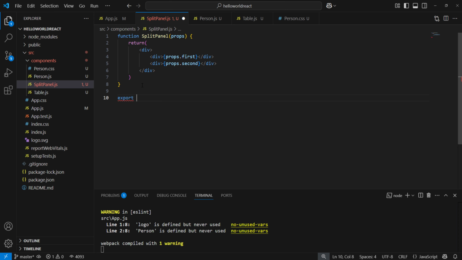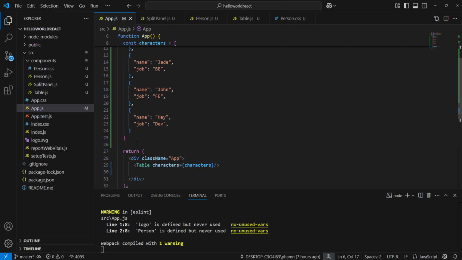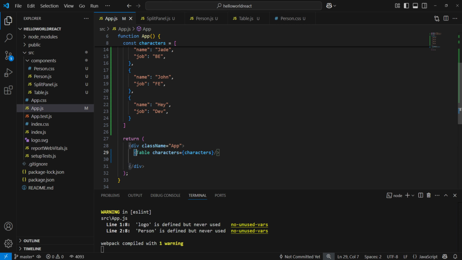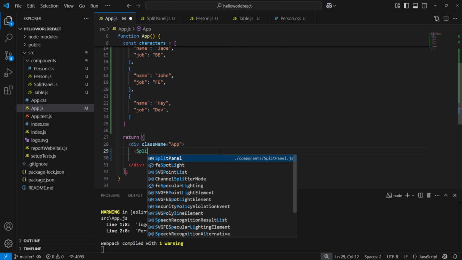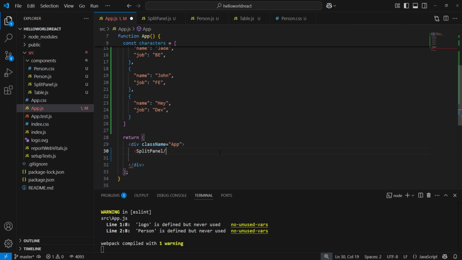Now I will export this SplitPanel and go back to the app. Right now I will use the SplitPanel and I add first equal